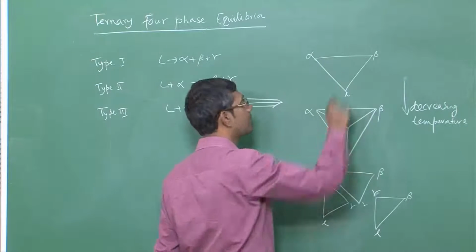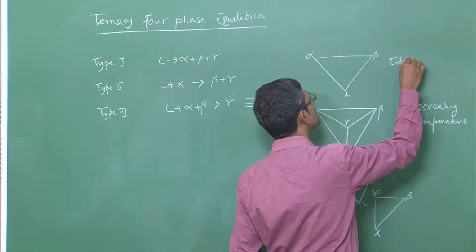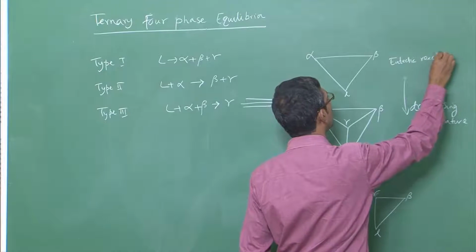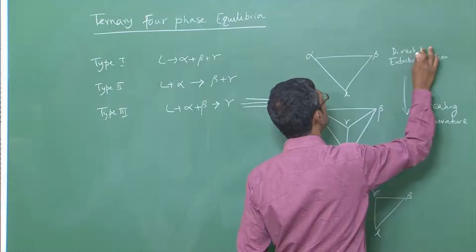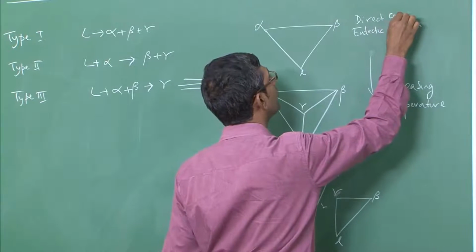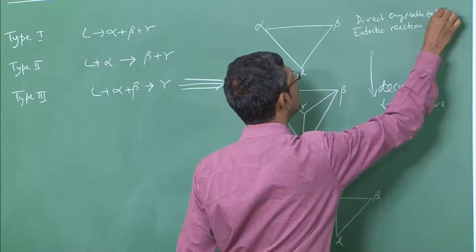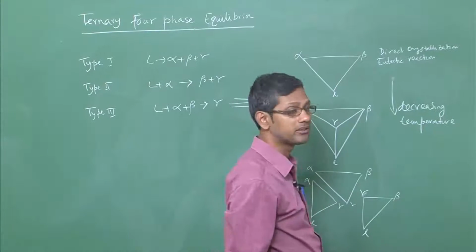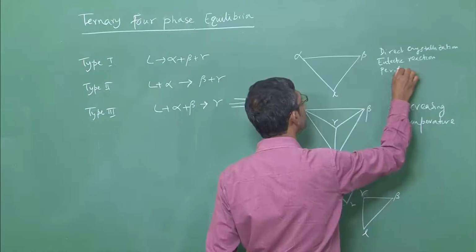direct crystallization of alpha and beta from the liquid, or a eutectic reaction, or direct crystallization of one of those, not both, obviously. Then a eutectic reaction will lead to formation of alpha plus beta from the liquid, or a peritectic reaction can also lead to formation of